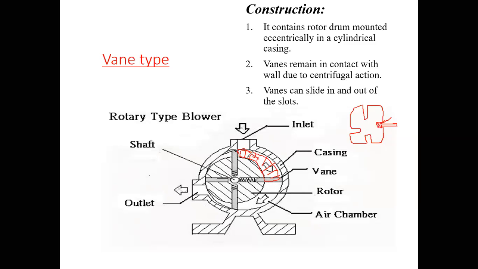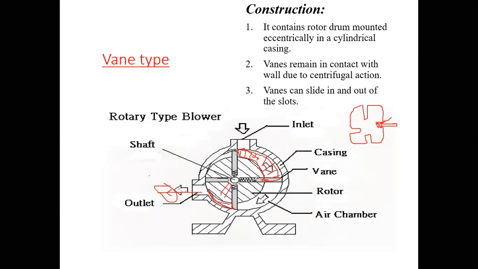But as we can see, when this rotor starts rotating and comes to this position, there is not enough space on this side, so this spring will get compressed and the vanes will move this side. There will be a decrease in volume, and a rise in pressure takes place, and the pressurized air is then delivered to the required application. So this is how a vane type compressor will work.